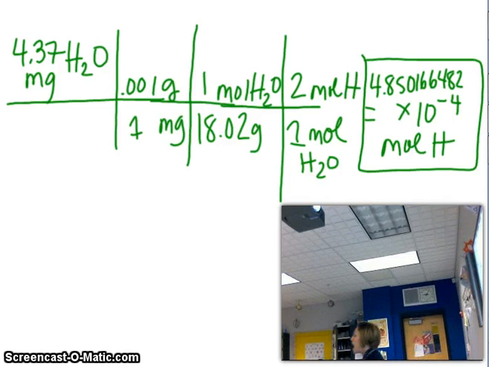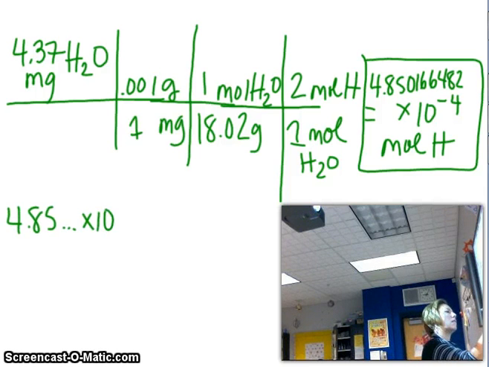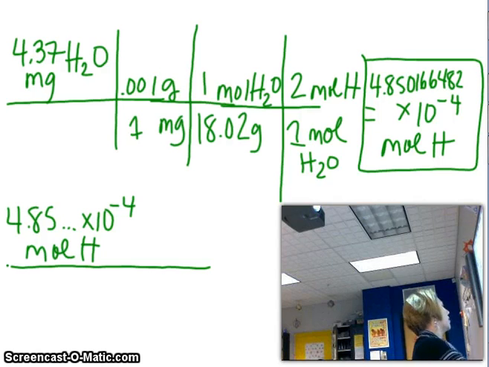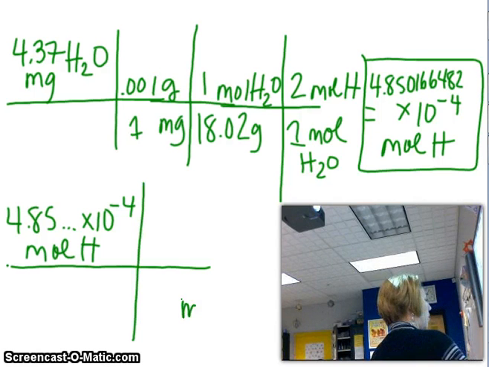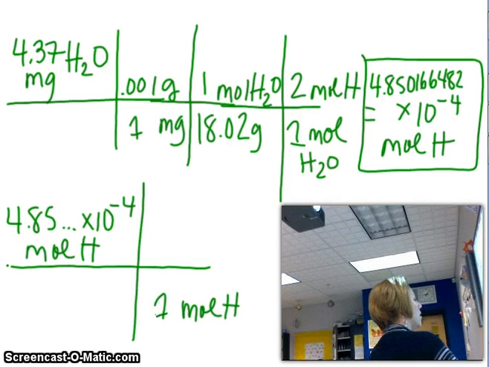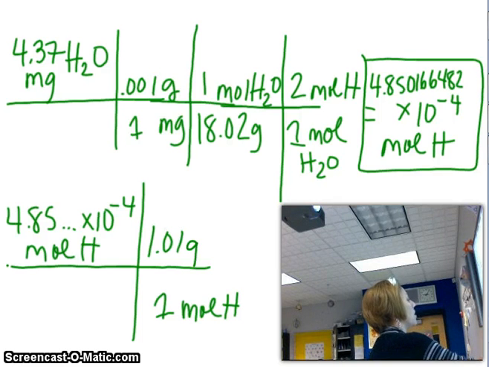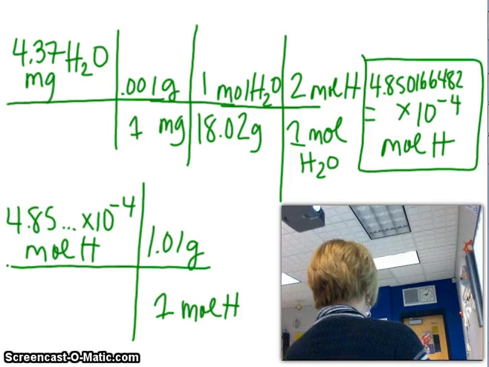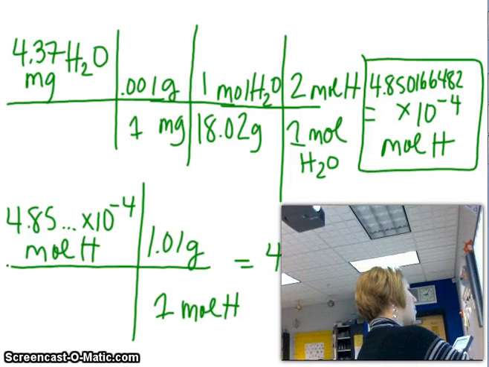What's step 5, Tori? Convert moles of H to grams of H. All right, no worries. We got this. Now, notice what I do just to save time writing. I do like 4.85 yada, yada, yada times 10 to the negative 4th moles of H. I'm going to plug in the whole number, but to write it right now is kind of silly. 1 mole of H is 1.01 grams. So multiply that by 1.01, and you should get